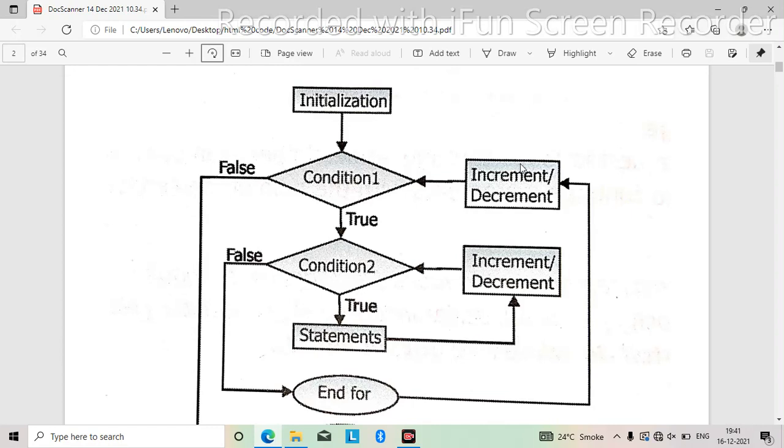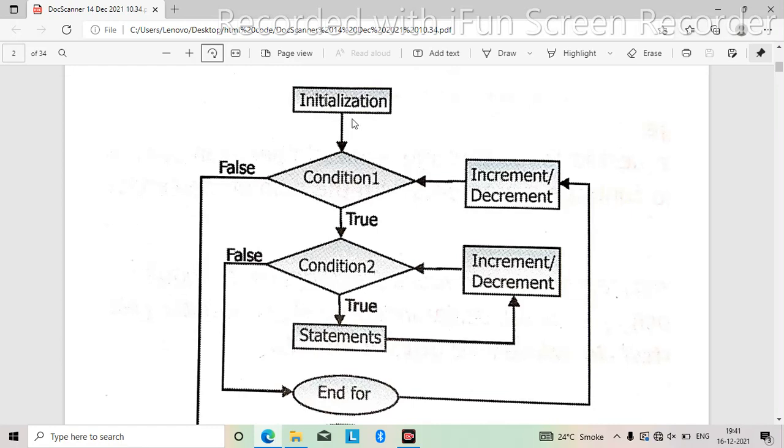You can see we have a flowchart here. I have told you that a flowchart is a diagrammatical representation of any program which we draw before making that program. And after making a flowchart, we design the algorithm of the program. What is an algorithm? An algorithm is the step-by-step process to solve any problem. So here we have a flowchart.